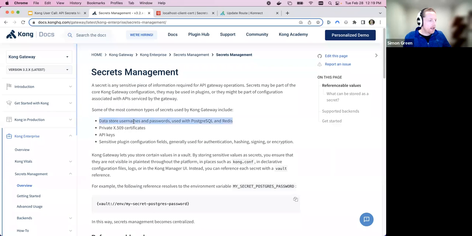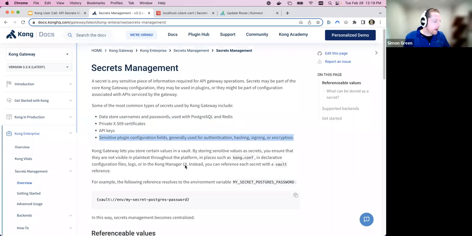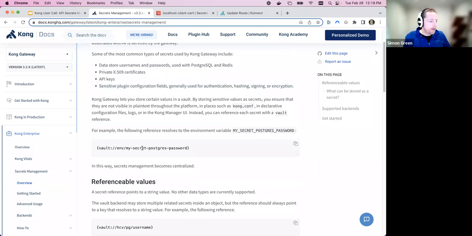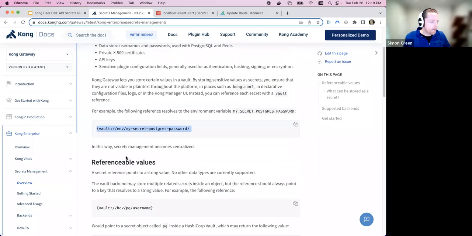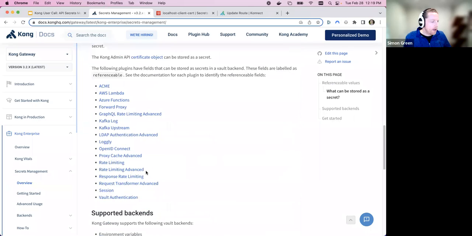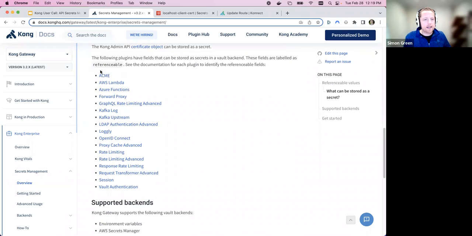So things like data store usernames and passwords, say for your Postgres database or Redis cache, MTLS certificates, API keys, or anything that's particularly sensitive, any kind of sensitive plugin information. This document also talks a little bit about the URL syntax and what's referenceable within that URL. And then we have a list here of the different Kong plugins where you can use that